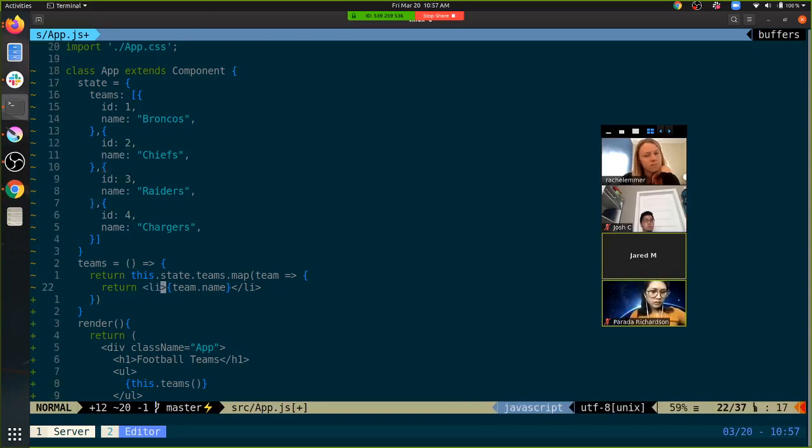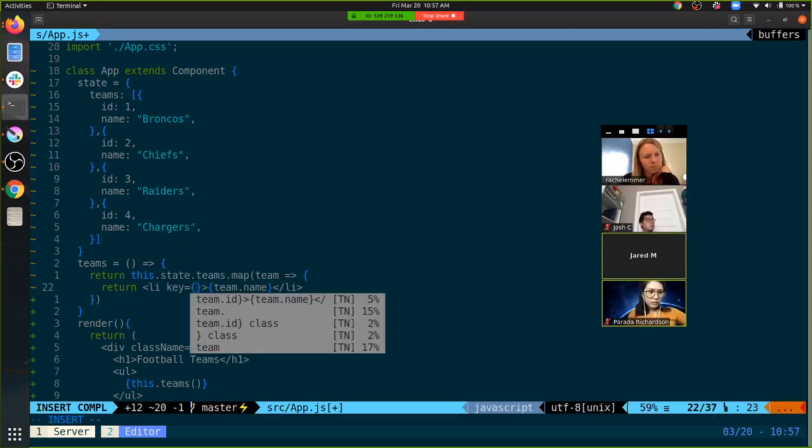Hey, Kyle, can you explain the difference between returning outside of render and returning inside of render? Yes. So functions have return values, classes don't. So you would never return anything just inside of a class, but you would absolutely do that inside of a function.